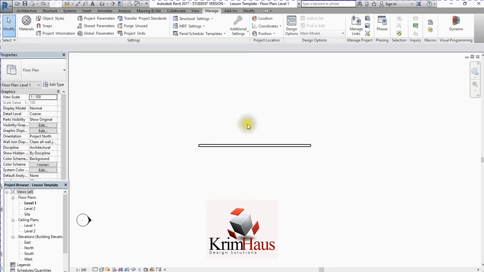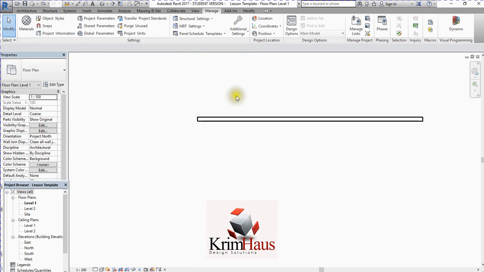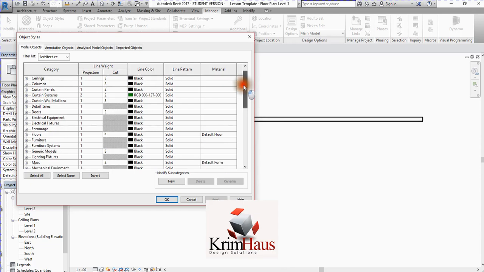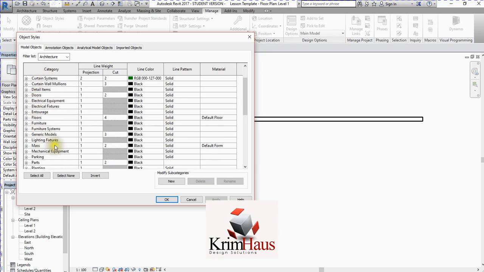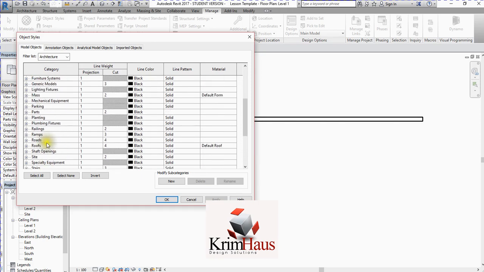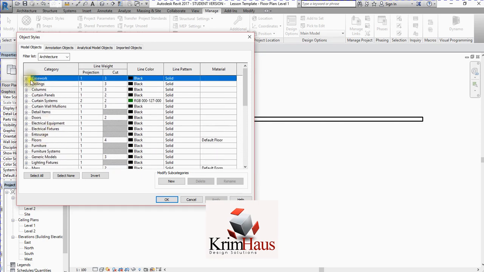Also, if you want to go back to object style again and find the annotations, or detail items, or anything you want to change in here. I'm trying to find some items here that are specific to